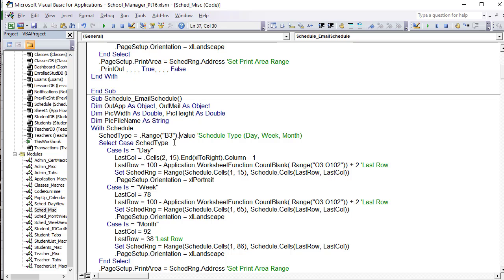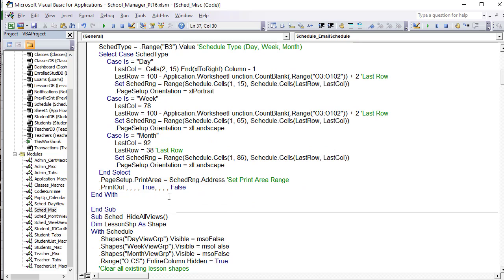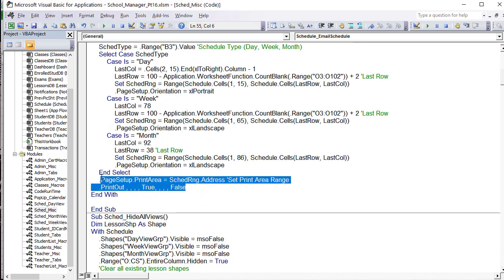Okay, so everything else is the same. We've done that, but we've got the schedule type. That's very important. We're going to do all the cases, but now we can continue on with this. Obviously, we're not going to be printing it out, so we don't need that part. So let's define the file name. For a picture, we'll do just a temporary file name. File name is going to be equal to, I want it to be based on the path of the current workbook, ThisWorkbook